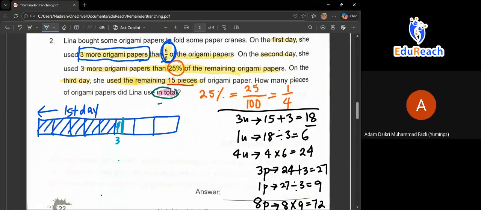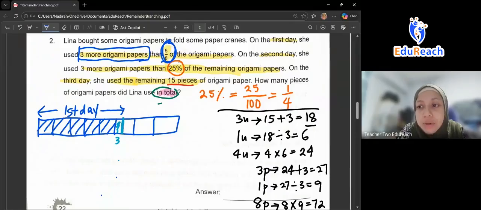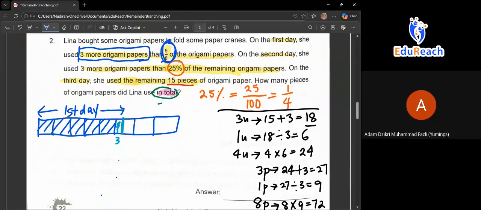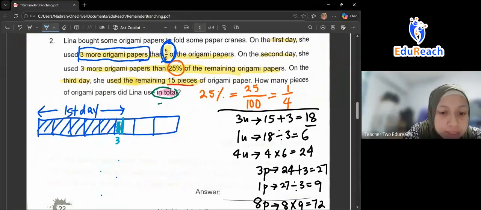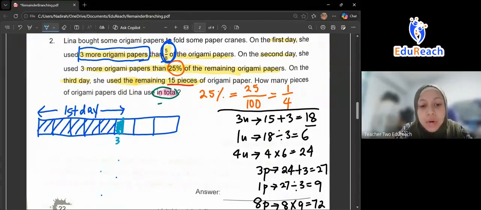Madam Nadia. Yes. My tablet is ready. Can I join on my phone? Okay, can. But your phone is going to be very small. I can still see. You can try first. Okay. Then